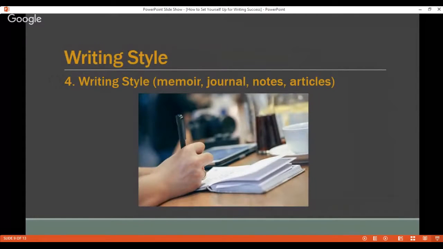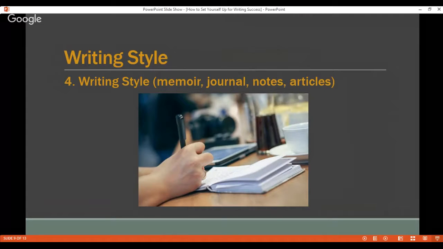Okay, the next thing that I want you to do, and this is going to be a little bit of a hard one, because I find that most writers have multiple different kinds of writing that they like to do. So for example, I may run across one person who really likes to write memoir, but also likes to do journal writing. Or I might run across another person who is interested in writing essays, but is also thinking about writing a novel.